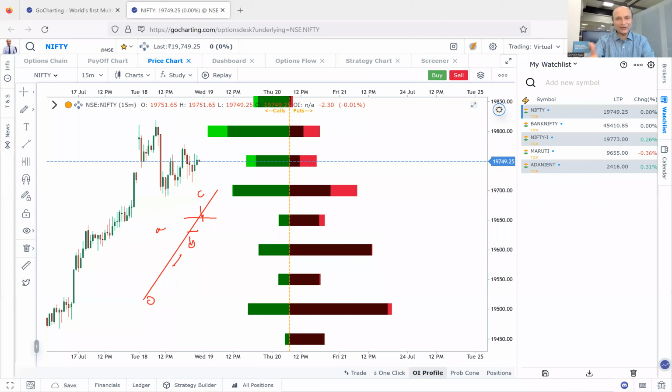Any questions, guys? I just shared very quickly what I see on the market. Here you have to look at Bank Nifty, the open interest of Bank Nifty as well. We will do Bank Nifty on Friday, so Friday at 4 we will do Bank Nifty.